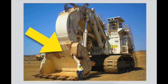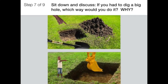So the force of this excavator is so strong that it could actually dig a hole for a swimming pool in less than 2 minutes. Wild, right? Keep that in mind when you go back to your Google Slides and you decide what you would choose to do. Would you use a shovel